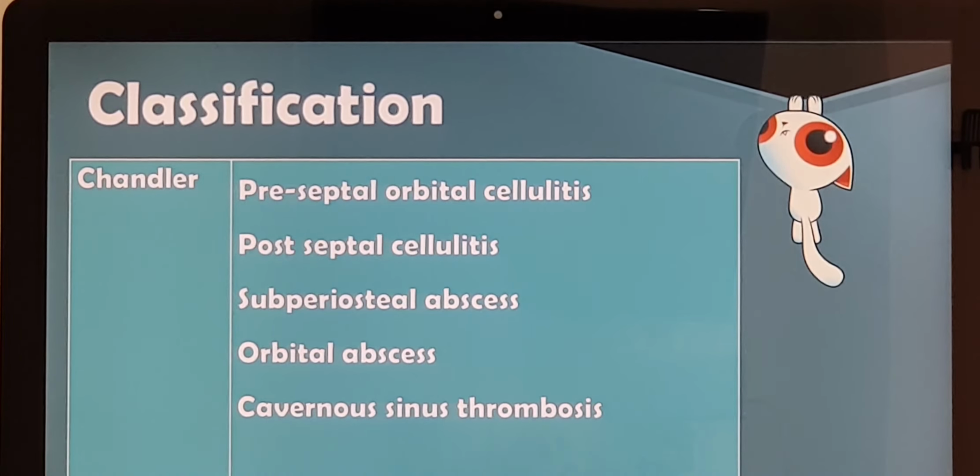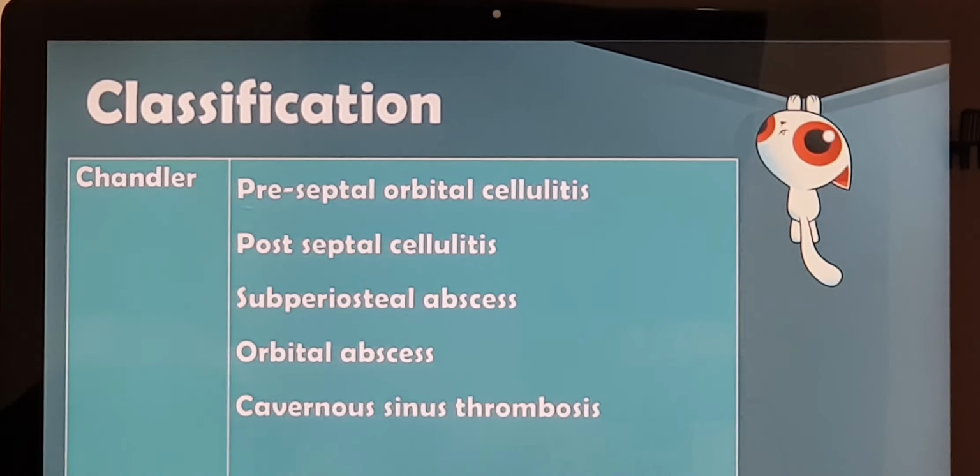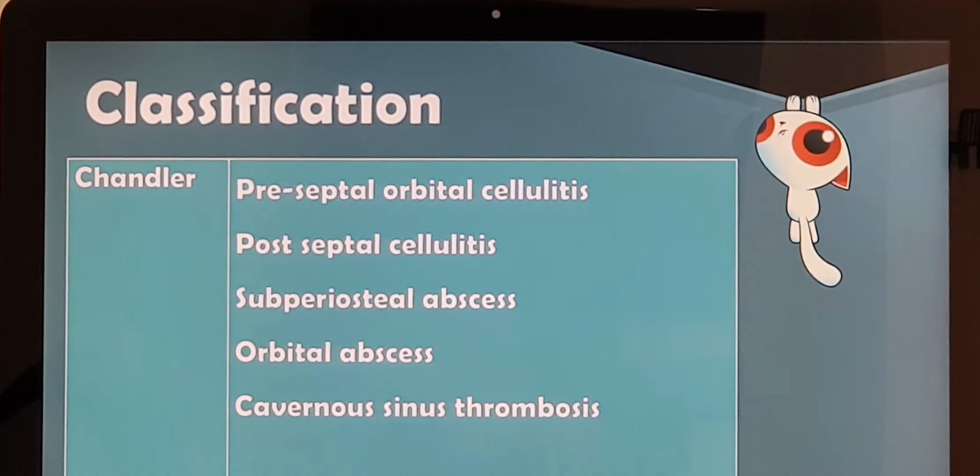So hopefully you have understood the different stages of the disease once it reaches the eye. Please do keep this in mind, because every part, let it be part 2, part 3, part 4, we are going to discuss in different stages, and mainly I am going to stick to this classification.